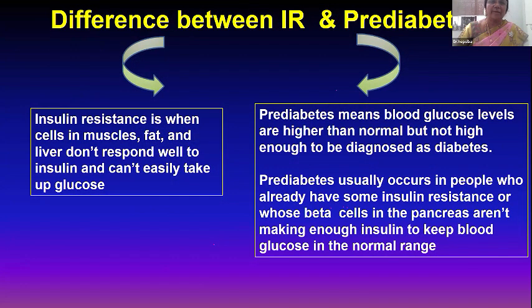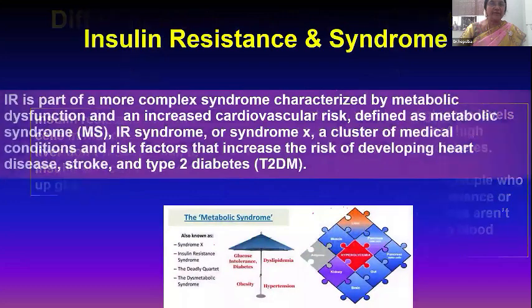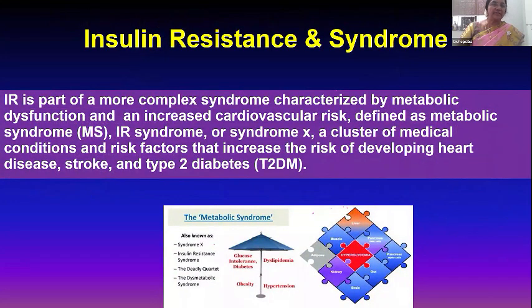So just to know the difference between insulin resistance and pre-diabetes: in insulin resistance, the cells in muscle, fat, and liver don't respond well to insulin and cannot easily take up glucose. But in pre-diabetes, glucose is higher than normal but not enough to diagnose diabetes, and it usually occurs when there is already insulin resistance and the beta cells cannot produce enough insulin. That is the difference. And as we all know, insulin resistance forms a part of a very complex syndrome with a cluster of medical conditions; it is a risk factor for developing heart disease, stroke, type 2